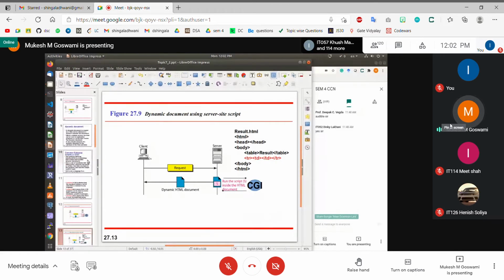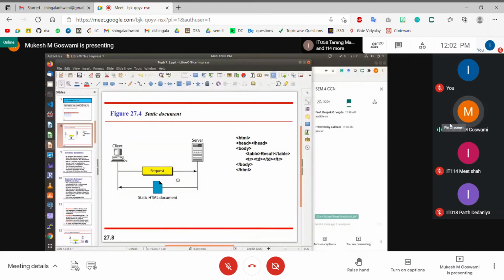So what is the difference between a website and a web application? A website is generally a collection of static documents, which is just informative. It is not user interactive. That is, the site content does not change according to the input provided by the user. So this is all static, just informative. Therefore we call them a website.